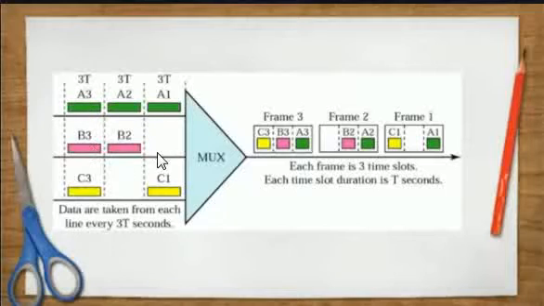As you can see here, B1 is not there and C2 is not there. B1 and C2 data are not there, whereas in frame 3 all space is being used, as A3, B3 and C3 are there. In frame 2, space number 1 is not being used as B1 is not there. In frame 1, C2 is not used, but space is still allocated to it, so this is wasteful.